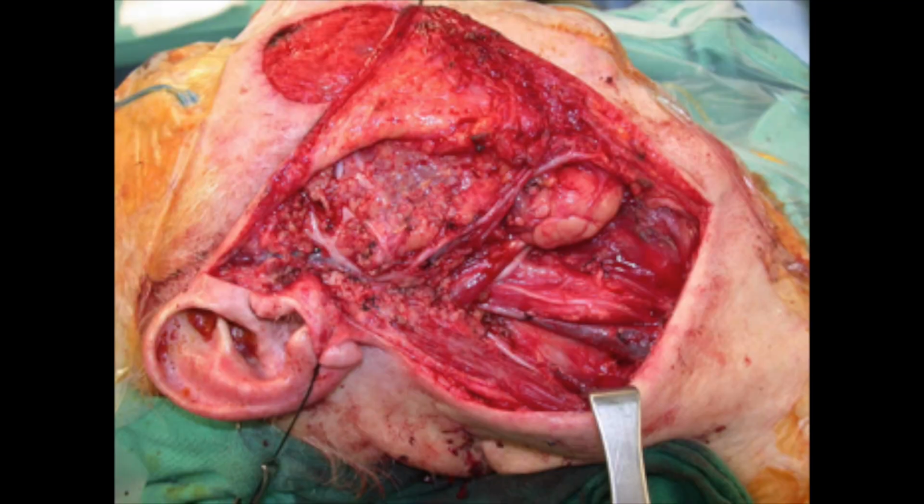Step 3, you lift the tail of the parotid, you separate it from the sternocleidomastoid muscle, and that muscle, you know, the name tells you where it is. So you separate the tail off the sternocleidomastoid. Sometimes you get that anterior branch of the great auricular nerve, so just be careful for that. You can repair it if you need be, but ideally you're able to raise it up and kind of displace